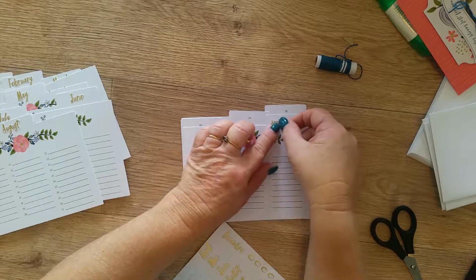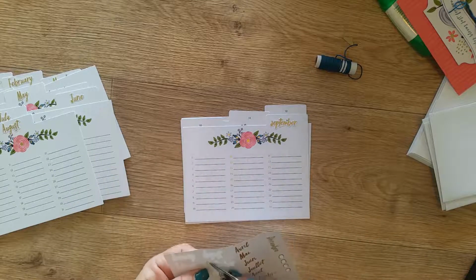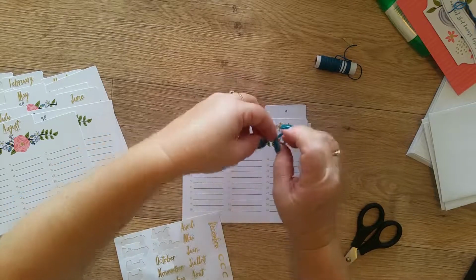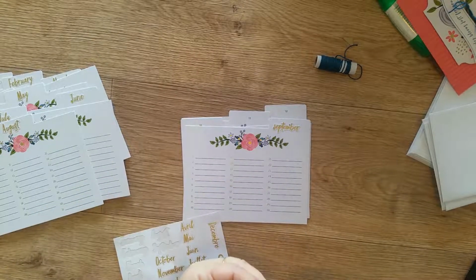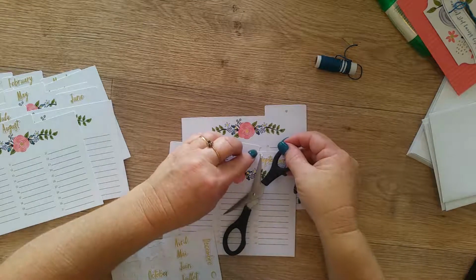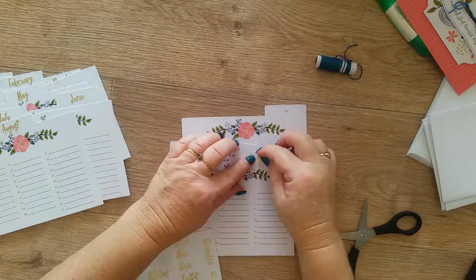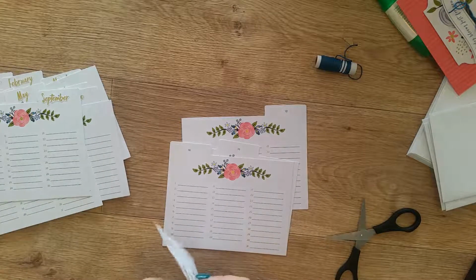I mucked up then. I tore my September. That's okay, I will fix it. So be careful when you're pulling them off. You don't do that. Anyway, I'll fix that up later with a bit of gold pen. September, October,